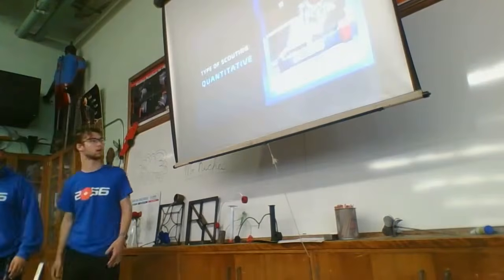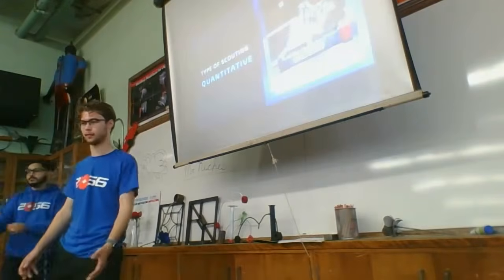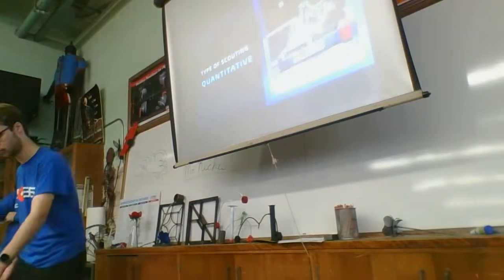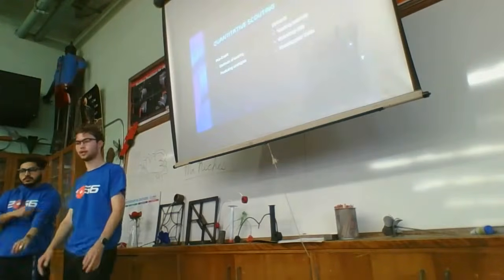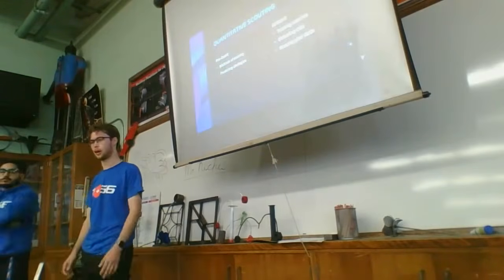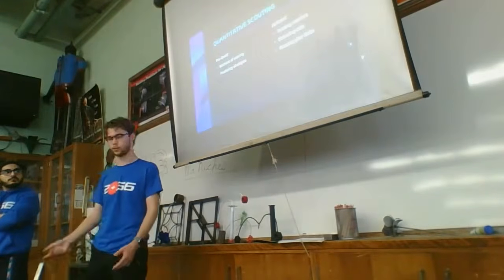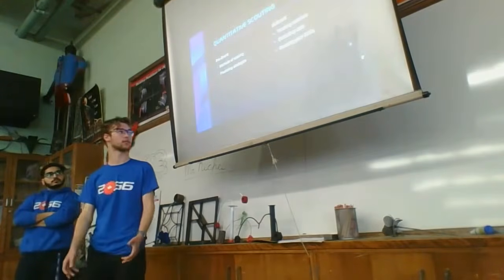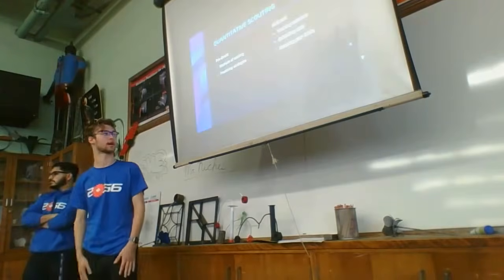So now we're going to talk about quantitative type of scouting. For those of you that don't know, this is using data rather than the qualities of a robot. So very important, before any event at the start of the season, you need to determine the methods of scoring in a match. This is more often than not in the game manual. Things like, for this year, shooting in the speaker, amp, trap, climbing. Those are your main methods of scoring, and those are the most important ones that you need to track.